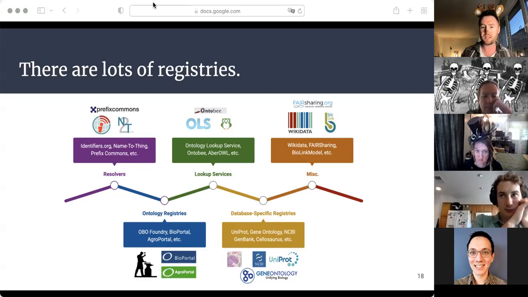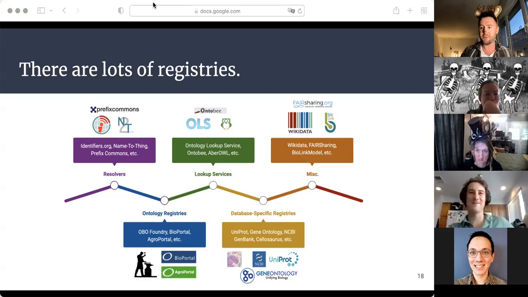And so one of the big questions is, how can we make use of all these different resources that have curated information about all these prefixes? And how do we even assess who has what and which ones are the same? These are not easy questions, but I think we've been working towards these things, and we'll present a little bit of that with the Bioregistry again.